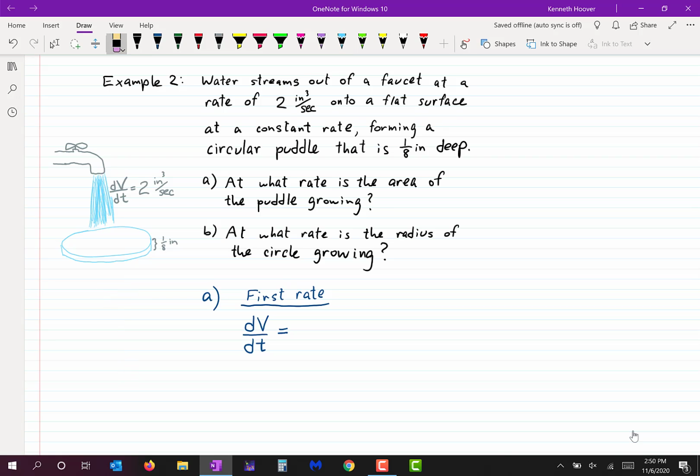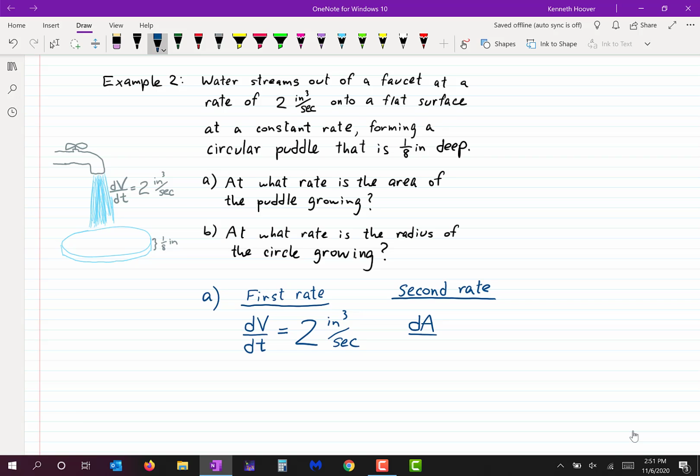Okay? All right. So the first rate is one that they gave us. They told us that the derivative of volume with respect to time is 2 cubic inches per second. What's the second rate in problem A? Well, they didn't give us any more rates. So the second rate that's mentioned is the one they asked for, which is at what rate is the area of the circle growing? So in other words, they're asking us to find